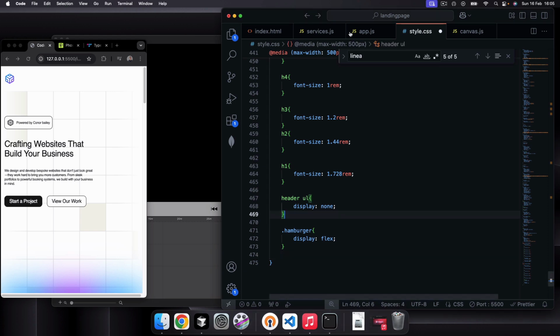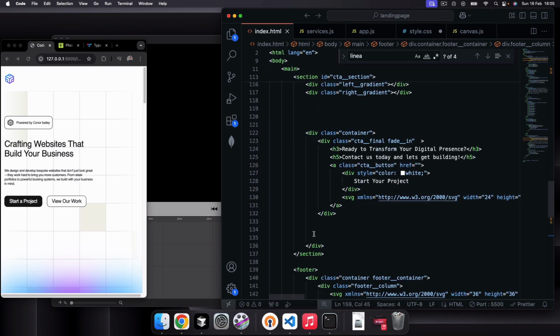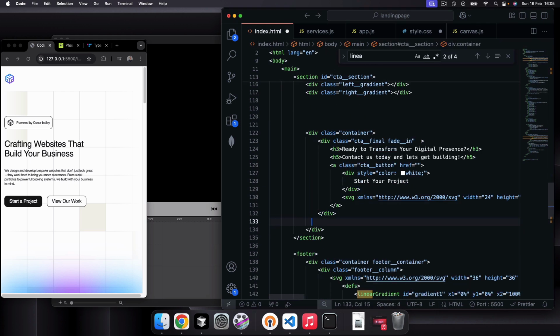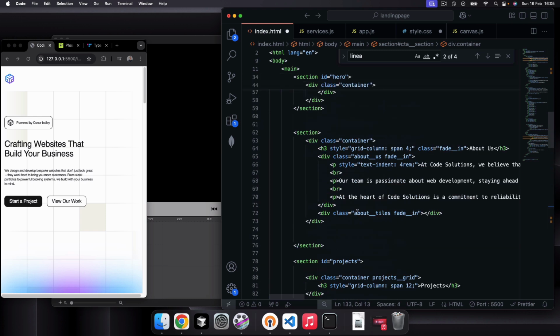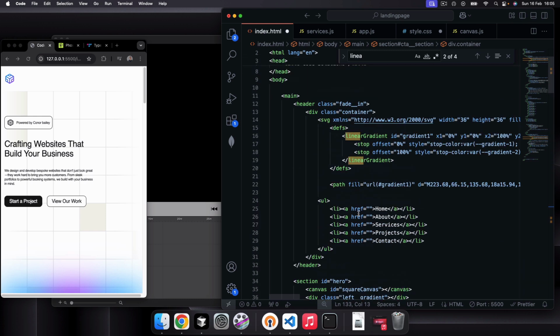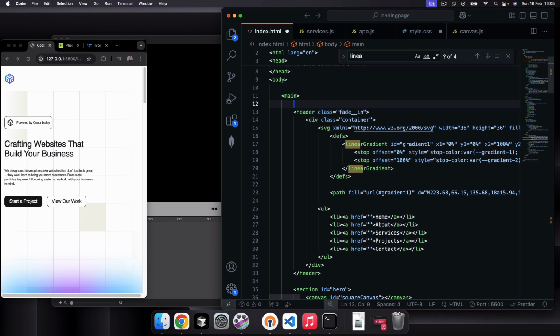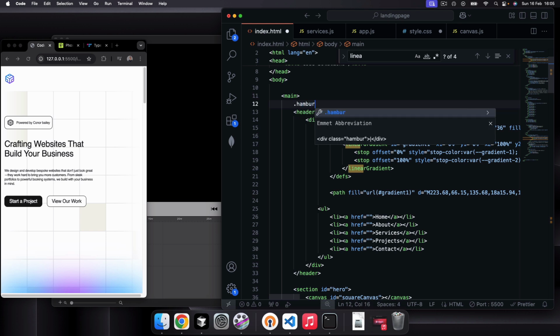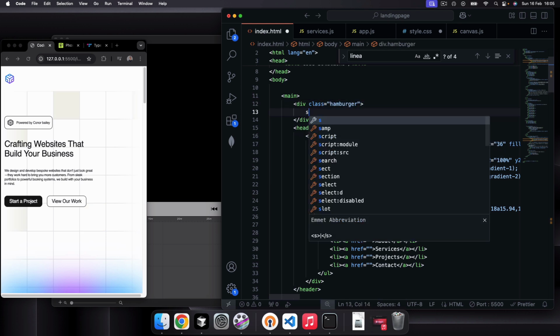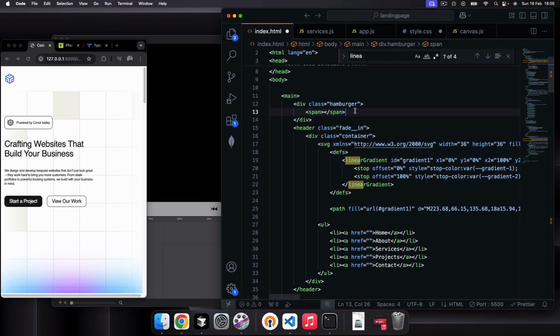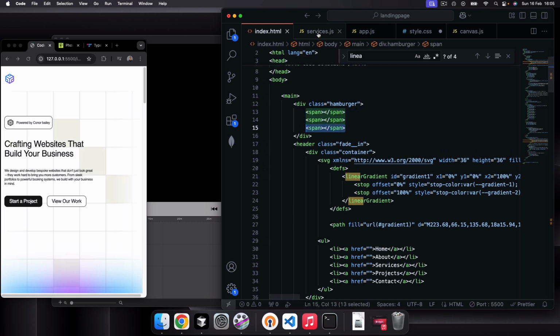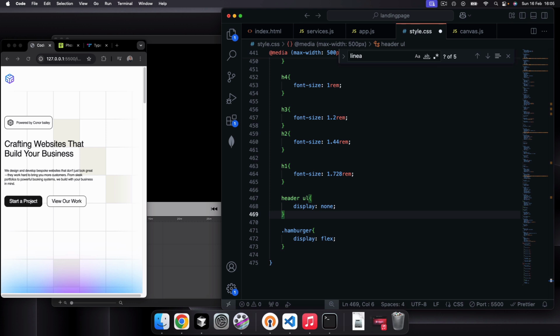So if you come to our HTML, and we can just come up to our header section. So we'll come into our header. And actually, no, we'll go into our main. We'll do it above here. We can just say dot hamburger, like so. And then we'll just add 3 span elements in here. Okay, and then if we come back to our style.css, we can just say